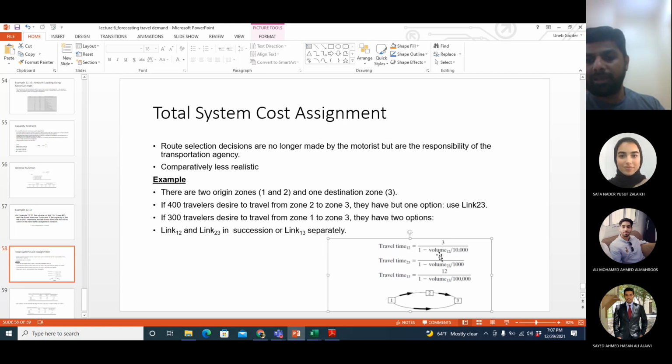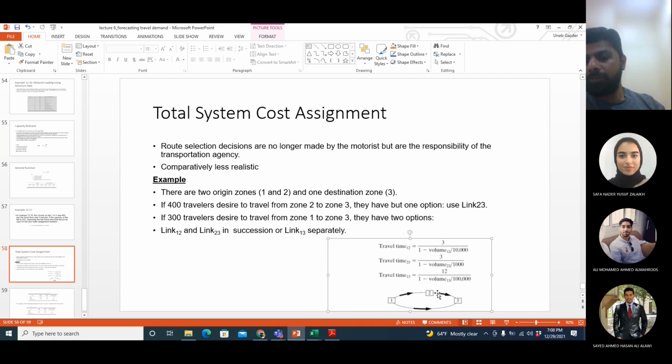So you can calculate the travel time for route 1 to 2 if all these 300 people come here. All these 300 people who are going from 1 to 2 use the link 1 to 2. All these 300 people who want to go from 1 to 3 use this link. Then what will be the travel time? So you put 300 here, you will get the travel time. Again, from 2 to 3, the travel time can be different. If all these 300 people who are going from 1 to 3 go from 1 to 2 to 3,